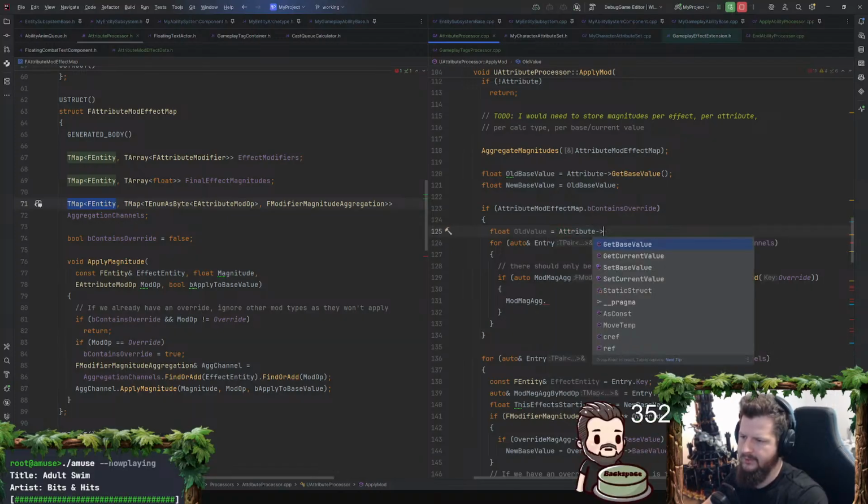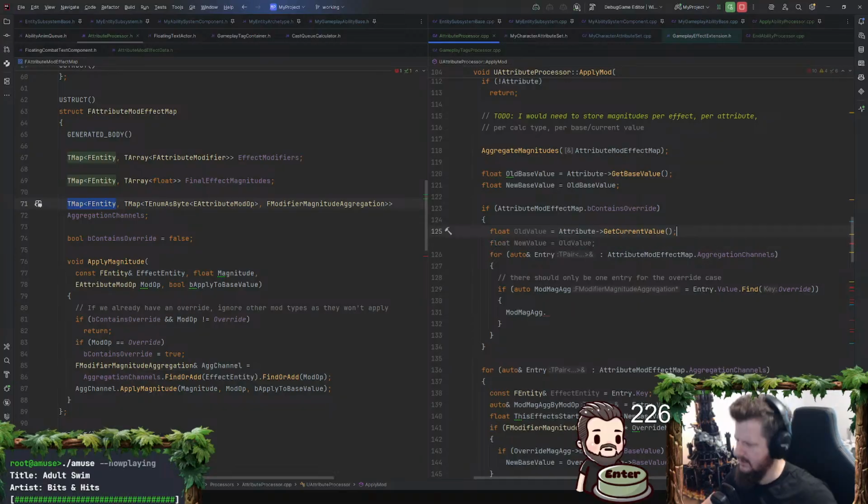So we would just do attribute get current value. How is there ever a possibility where override can apply to only one or the other or both? It should apply to only current value, right?